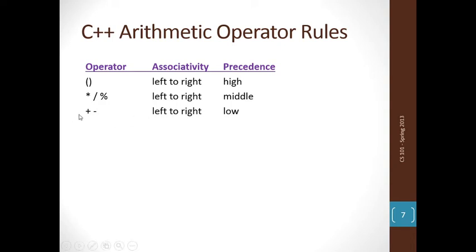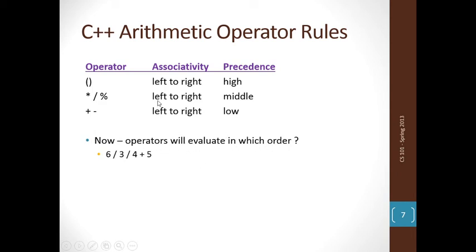If we have multiple operators of same precedence, then we will evaluate them from left to right. Both of these operators have associativity from left to right. Means we will start evaluating expression from left to right side. Now operators will be evaluated in which order?